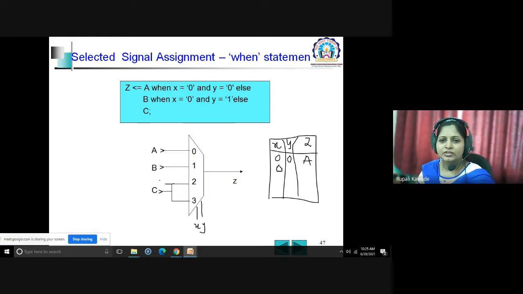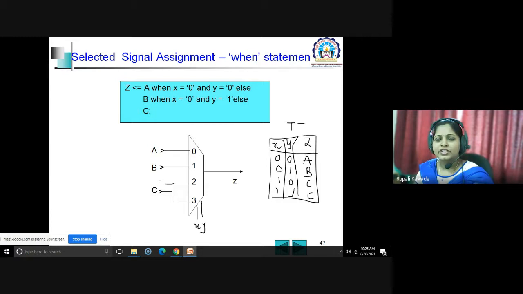If it is 0, 1, then you get output b. If it is 1, 0, you will get output c. And for 1, 1, inputs 2 and 3 are connected together, so c you are getting two times, for the two inputs. This is the truth table of your multiplexer.